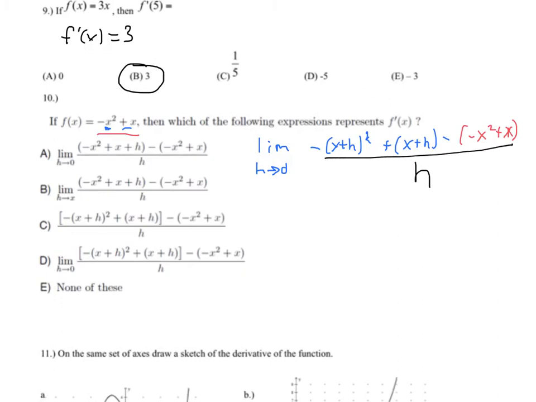So this was f of x plus h. This is f of x. We're subtracting the two, and then we have all over h. So if we look down at our answers,